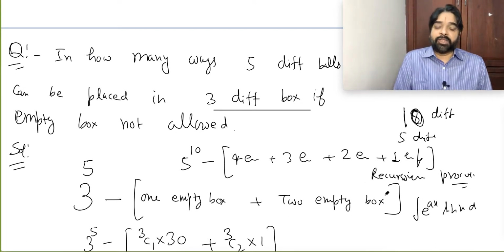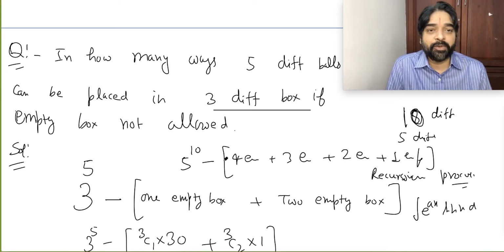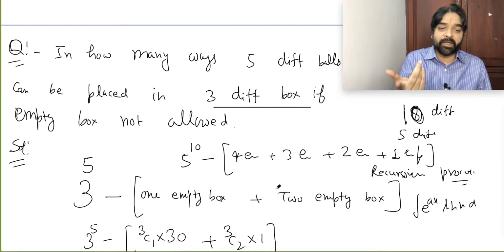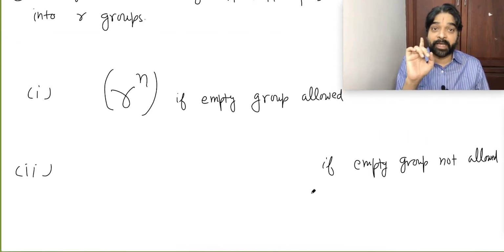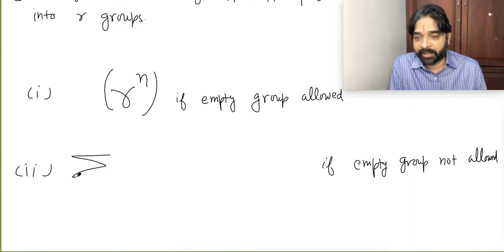Whenever a recursion kind of situation is coming, there must be some kind of formula we should develop, because this much time we cannot spend. And generally recursion always will come as a series. It will always come as a series. There also it was a series. Here also it will be a series, and the series is this.